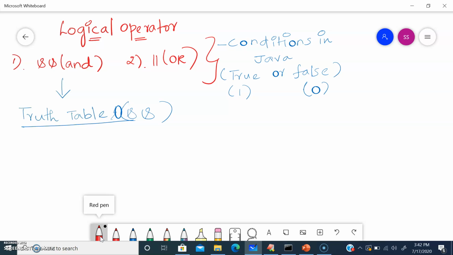Let me say 0 means false. When both conditions are false, the AND operator returns false.